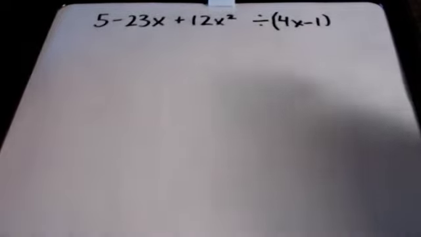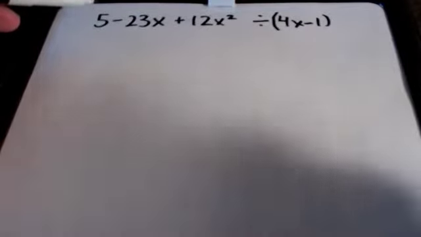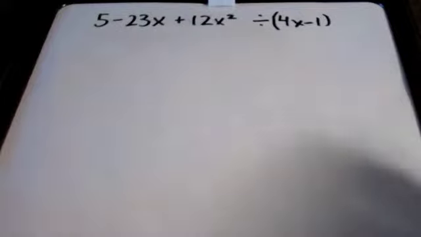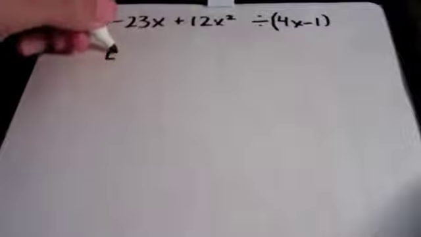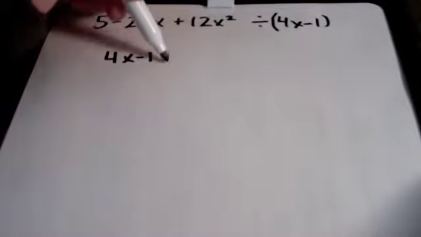Let's take a look at another problem. Here we have 5 minus 23x plus 12x squared divided by 4x minus 1. So again, our first step is going to be to rewrite the problem in our long division form with our divisor on the outside. So we'll have 4x minus 1. Then we draw our house,